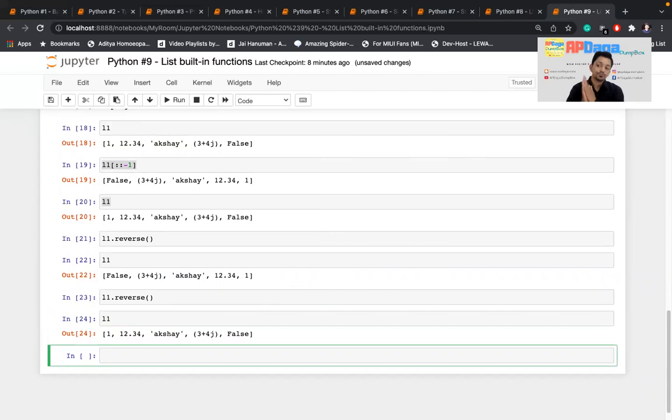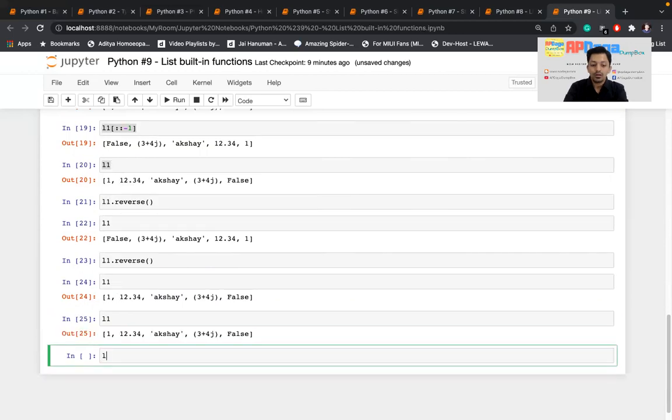Now there is one more function similar to append, but it is different. How? So if I talk about L1 dot append, in this append I can pass anything. I can pass a single element. I can pass a list as well. So if I pass a single element, maybe string, maybe integer, maybe anything, that will be appended in our list as a last element. Okay, but if I pass a list within this append, and I'll pass some values 1, 2, 3.